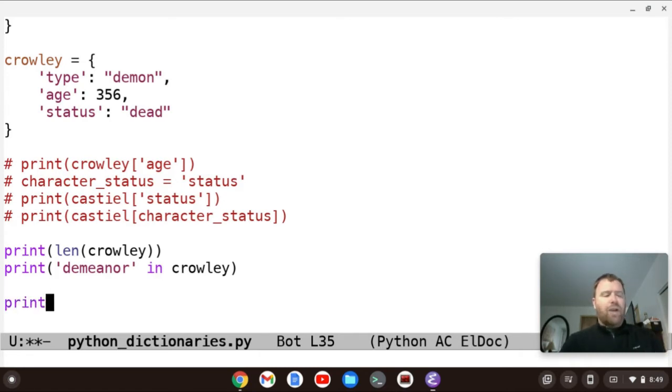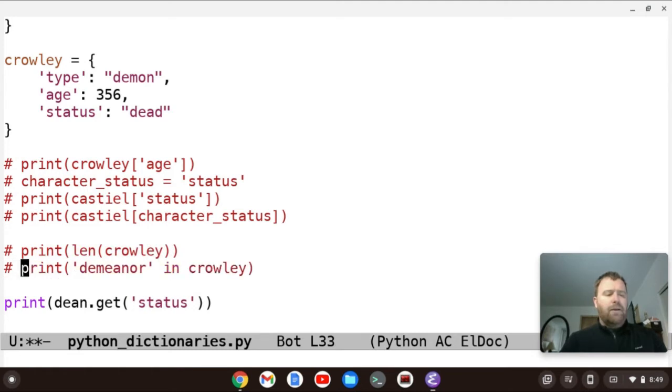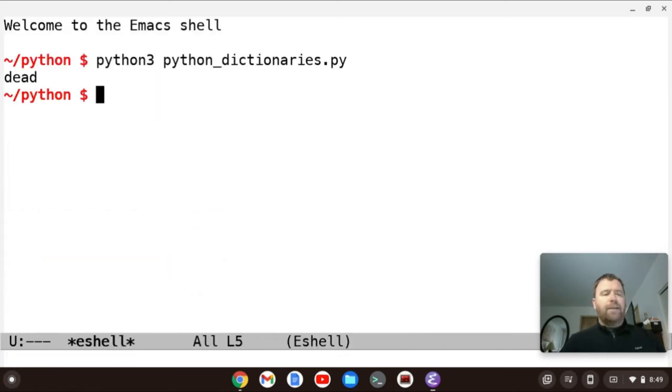So let's try print dean.get, and we'll get the status key. Okay, and let's comment these out. Okay, and let's save. Let's now run eShell, and if we run this, we get his status, which is dead.